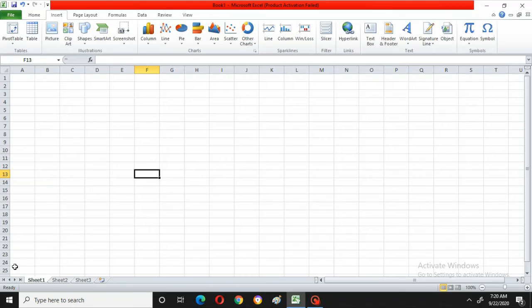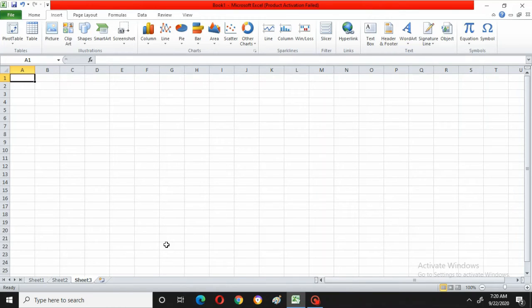One more thing, here there are many rows, many columns, right? And here can you see sheet 1, sheet 2, sheet 3. See, what are these sheet 1, sheet 2, sheet 3? Now, as we know, for example, I will take any notebook.